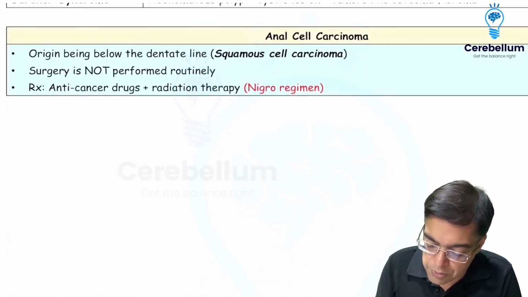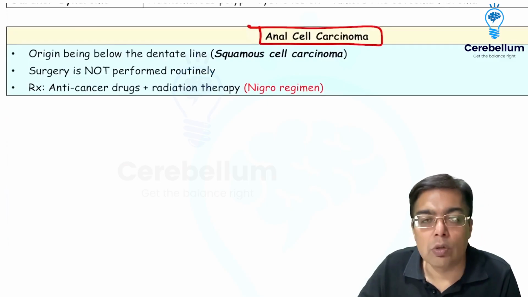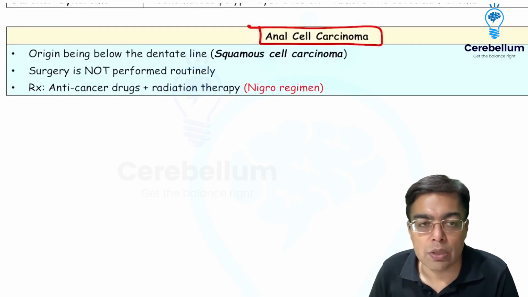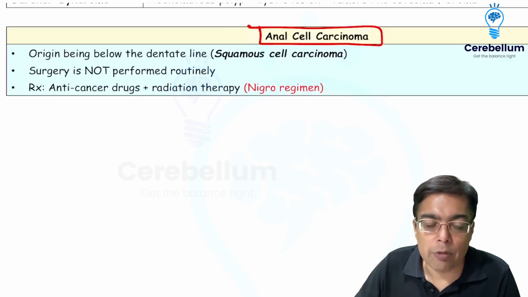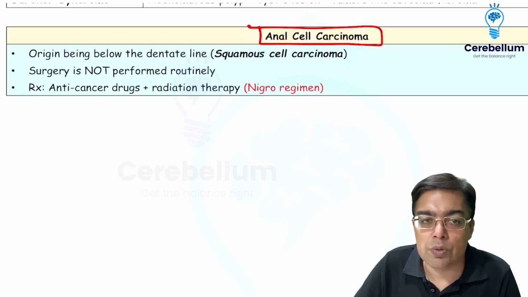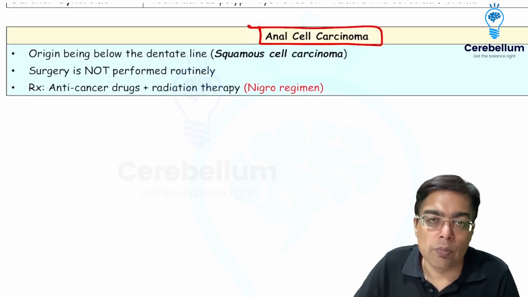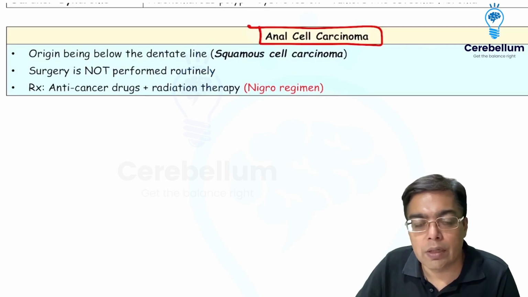Now, winding up our discussion by talking about anal carcinoma. Anal carcinoma is an example of a squamous cell carcinoma because most of the time it has its origin below the dentate line. It's an example of a cancer which responds to anti-cancer drugs as well as radiotherapy. This combination of anti-cancer drugs and radiotherapy is given the name of Nigro's regime. Surgery is not performed routinely in these patients, of course, because of the high risk for development of a complication like incontinence. So this takes care of the discussion of the important conditions associated